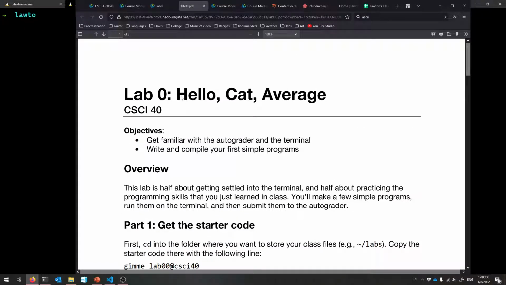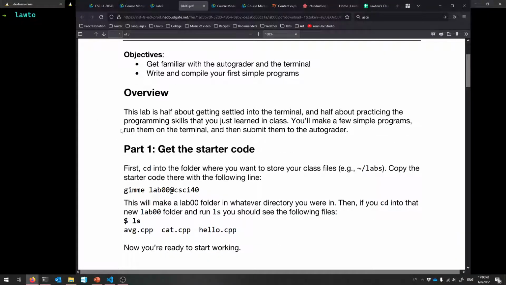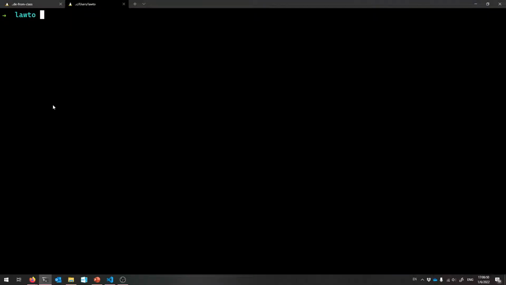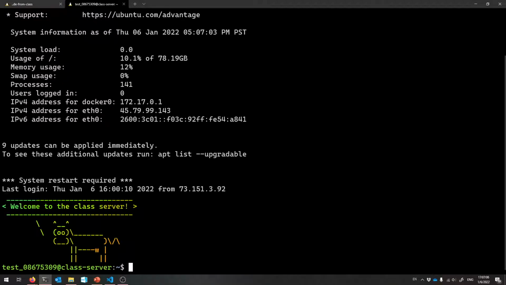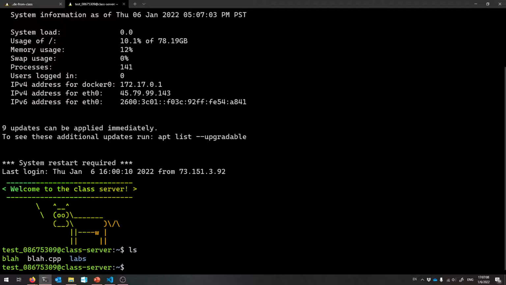So yeah, you're going to be doing 3 separate things in this lab. 3 separate programs. Hello World, draw a cat, and then calculate the average of something. So yeah, let's go on to the class server. Go and log in on PuTTY, on your terminal, however you know how. So now I'm there, got the cow and everything, and then go to where you would like to make your